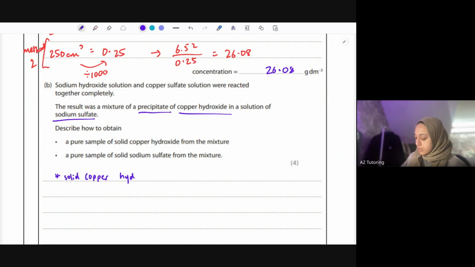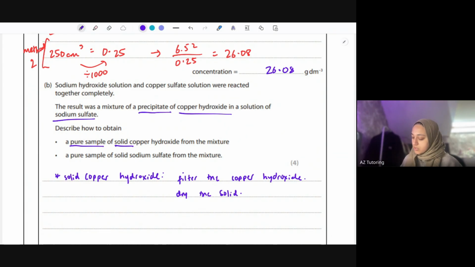Solid copper hydroxide. Okay. So what you could say with this is we are going to filter off the copper hydroxide and then dry it essentially. So filter the copper hydroxide. The reason why we're filtering it is because we want a pure sample. So we filter it, and then once we filter it, we dry the solid because we just want it solid at the end. So we're going to dry the solid